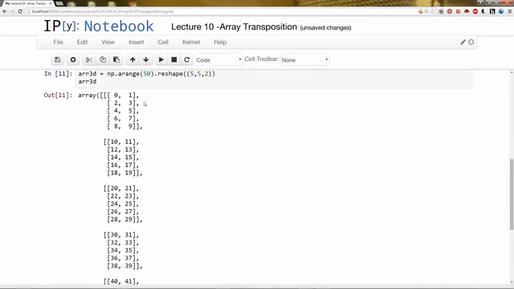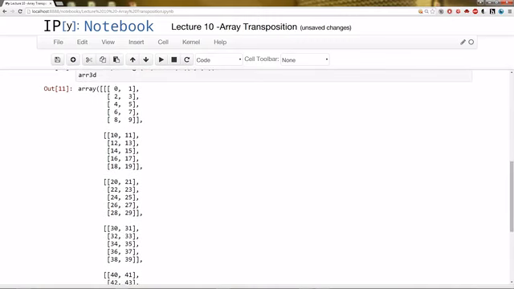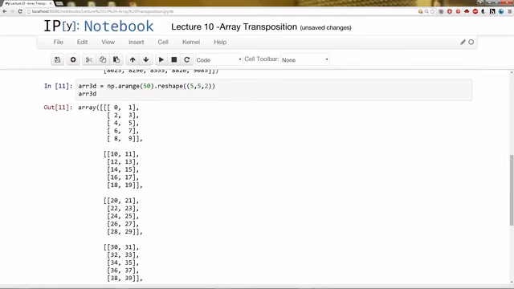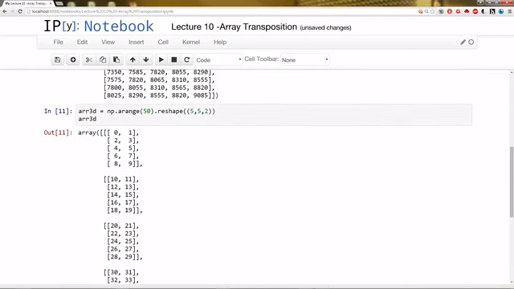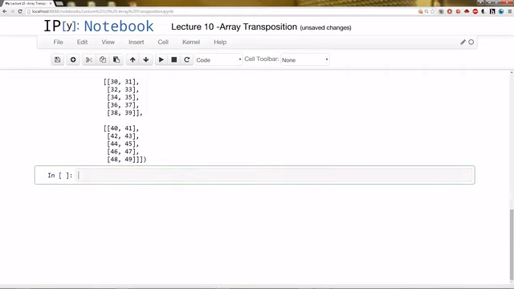Here we have basically the 5 slices of that 3D matrix, and each slice consists of a 5 by 2 array. And if you want, you can also transpose a 3D matrix. In order to do that, we can call transpose on that matrix, and we'll have to specify which axes to use. So for instance, if we transpose it this way,